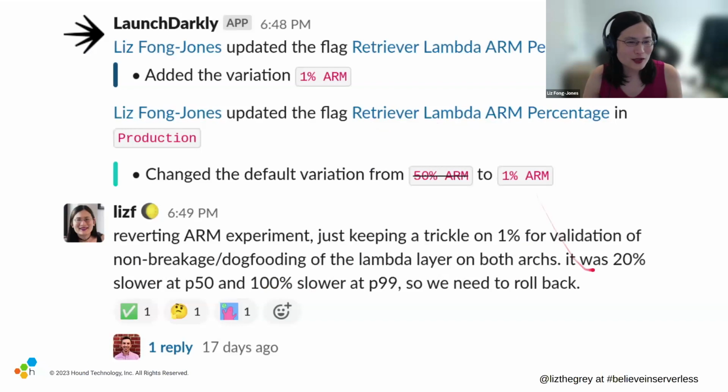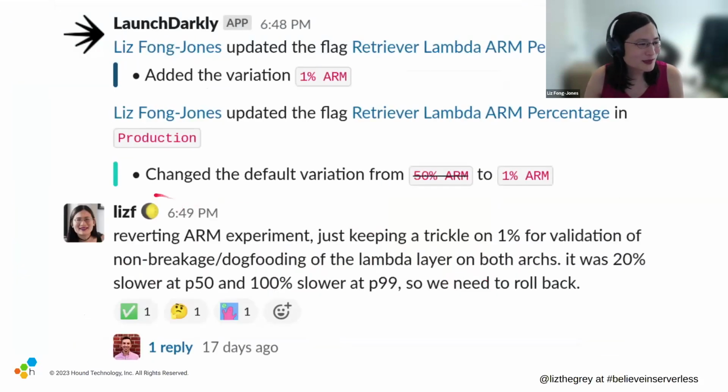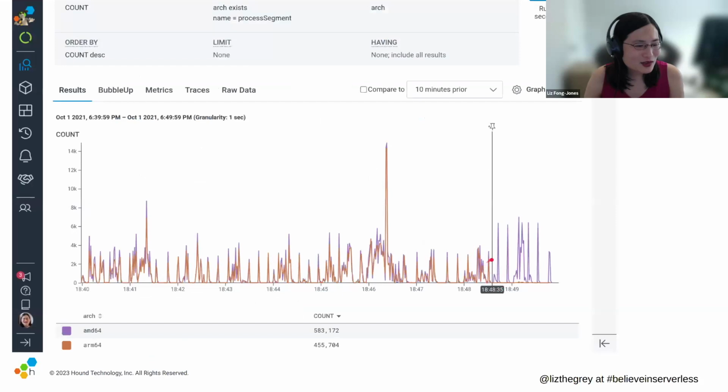So we had to go back to the drawing board, and we had to use feature flags to turn that experiment back off and say, it's a worse experience for our customers. It's costing us extra money. We need to take a step back and see what happened and why. So fortunately, we were able to literally look at the timestamp. The feature flag went into effect at 6:48 p.m. local time, and literally within 20 seconds, I turned off the ARM executions back down to 0, and we were running 100% on x86